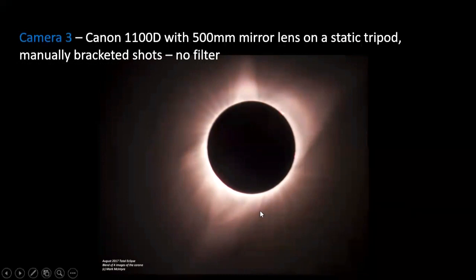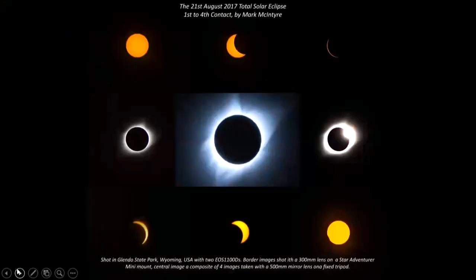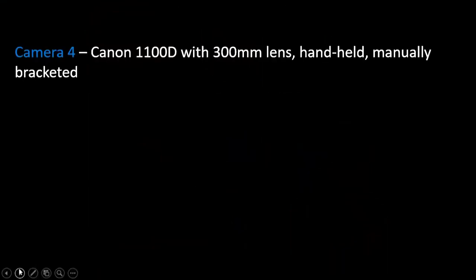But you can see the bit really close to the limb there has managed to get overexposed a little bit. So he was shooting lots of different shutter speeds during this, and he put together this little collage of pictures. So moving on to camera number 4, this was my one with the 300mm lens